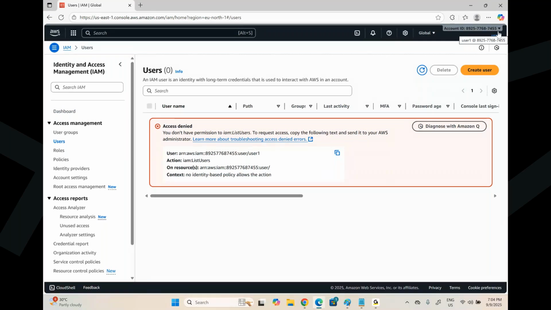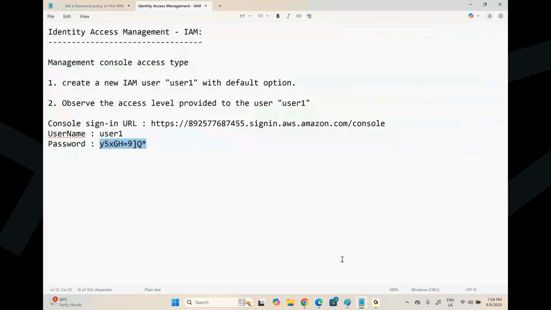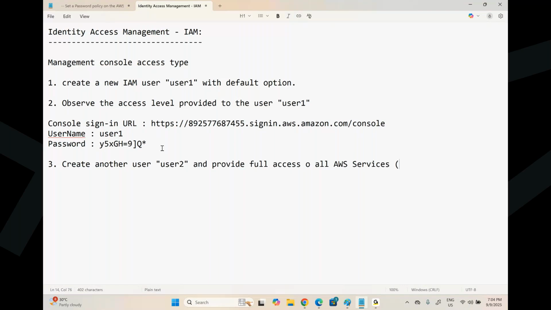Now let me log out. Okay, done. So the next thing I want to do is create another user called user2 this time, and provide full access on all AWS services, like an administrator. It means I want to create user2 as an administrator because he belongs to the cloud admin team and he wants to create, delete, and so on. So what we have to do, being an administrator,